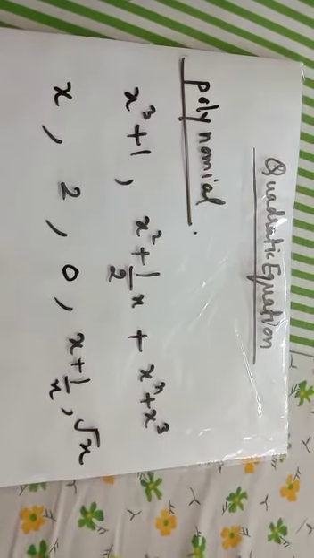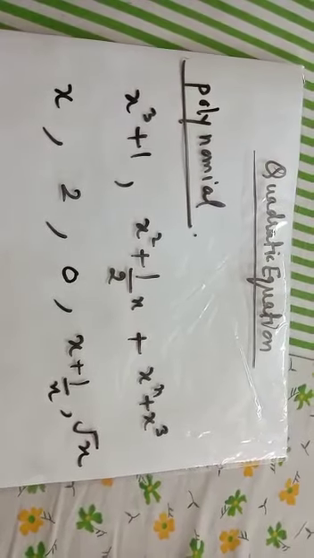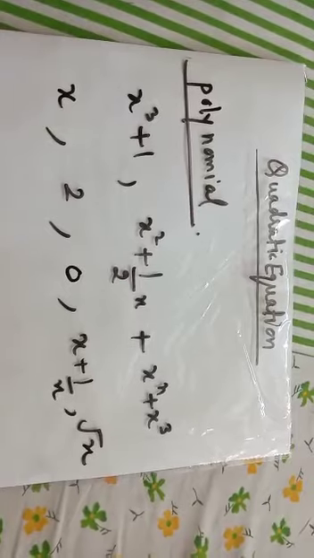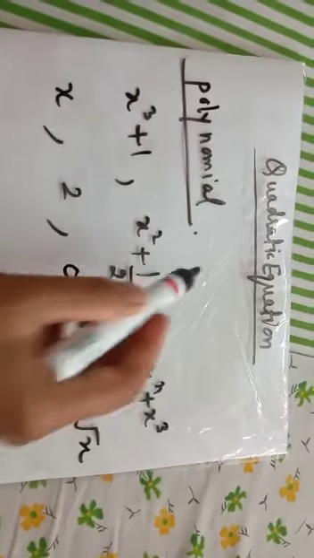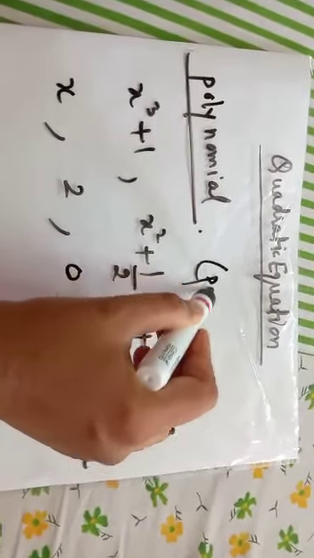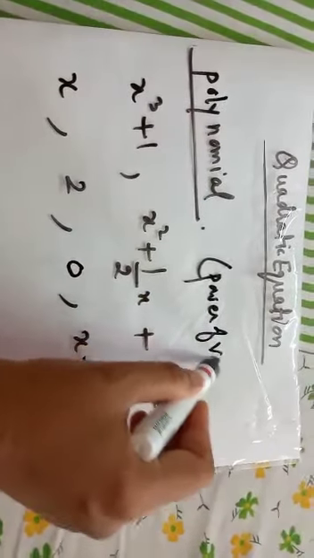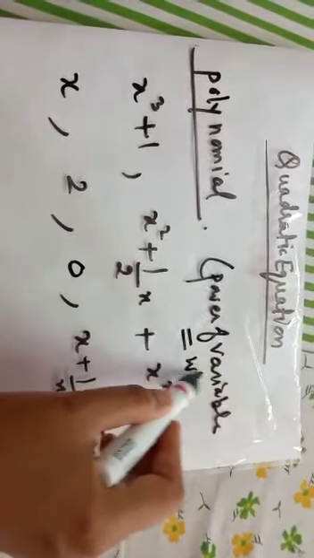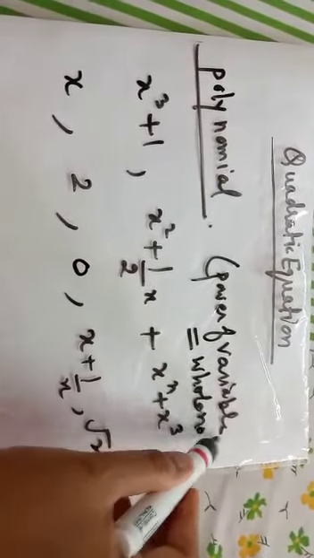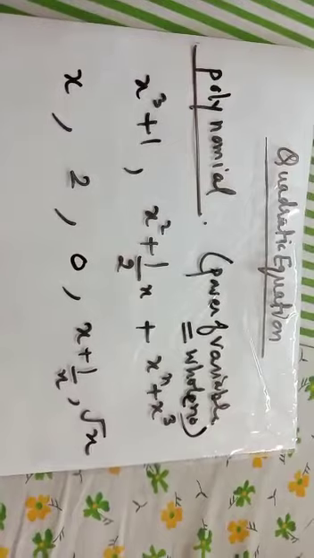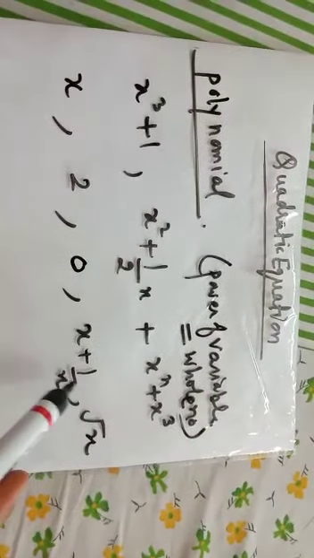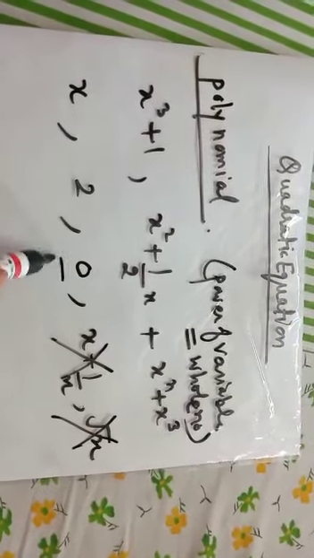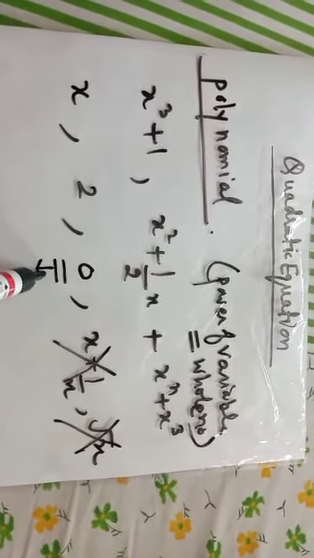Now if somebody asks you what a polynomial is, then all of us know that polynomials are those algebraic expressions in which the power of the variable is equal to a whole number. We have already done this in our chapter on polynomials. So I know this is not a polynomial, this is not a polynomial. Now this is a polynomial, this is called the zero polynomial.